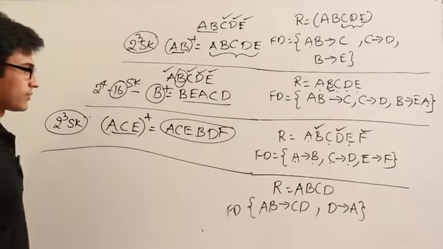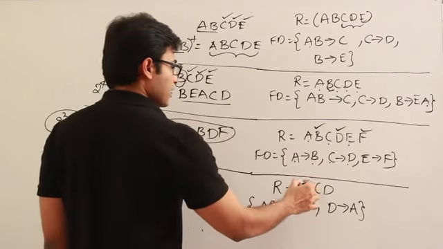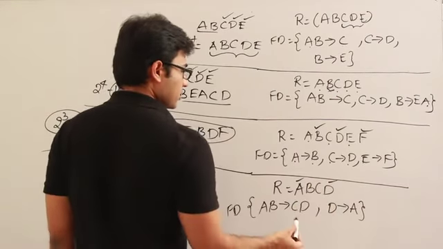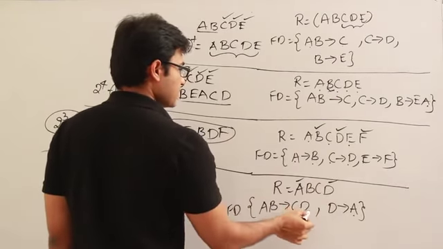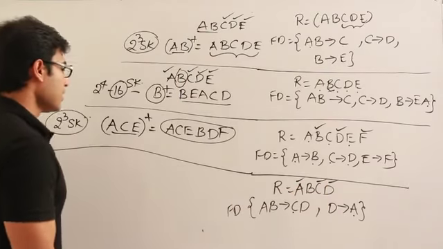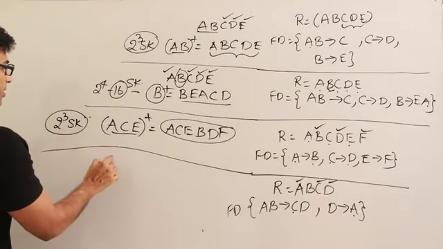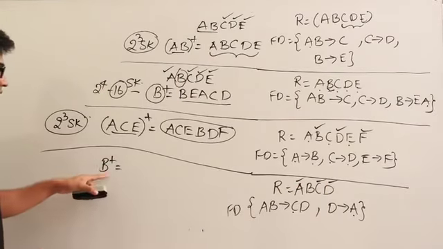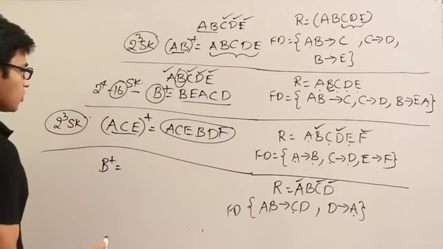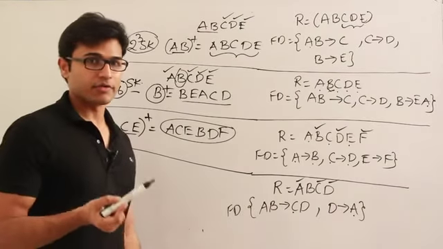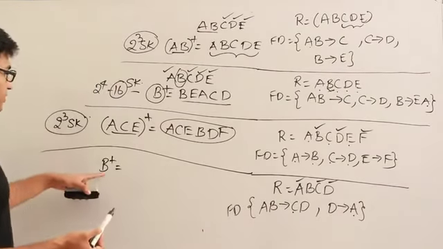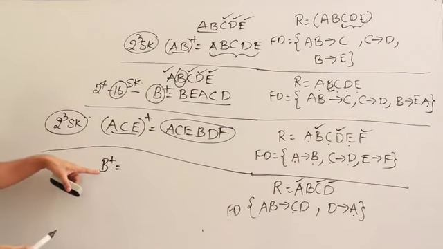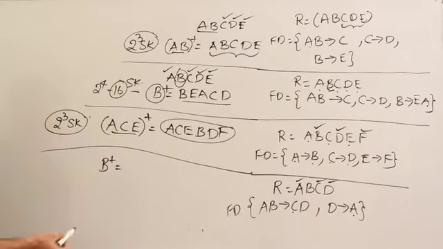Now let's see this one. In the right hand side, A is present, D is present, A is present, D is present, and C is present. What is not present? B. So let's see B. B plus, because every key has to contain B, I am starting with B, right? So the only key which is possible with one attribute is B. Nothing else will be possible. Why? If you take A or C or D, that will not contain B. Every key has to contain B here, right?